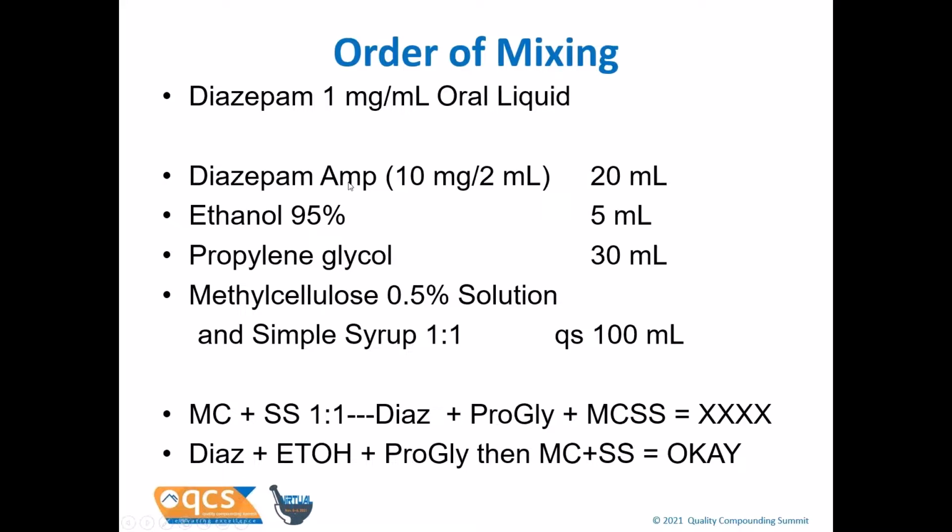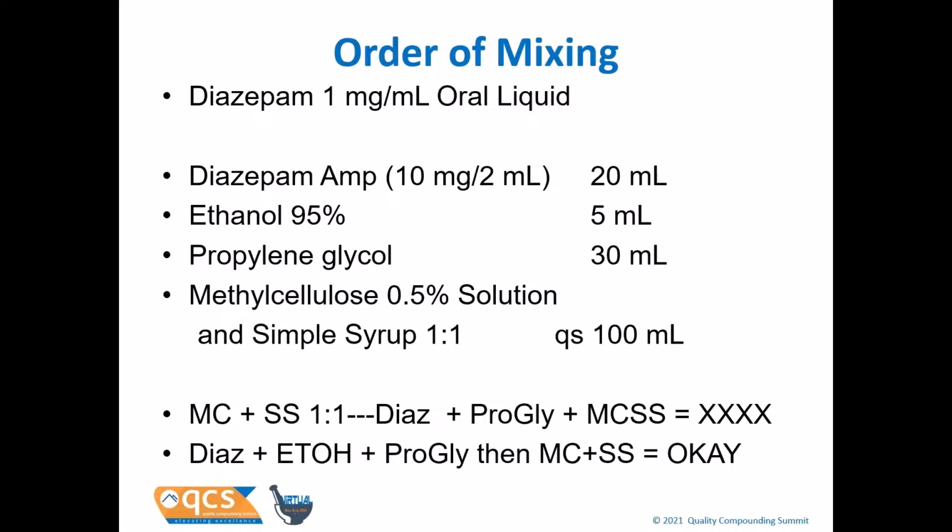Well, this is where it's important to know what you're working with. Diazepam injection consists of 40% propylene glycol because diazepam is not water soluble. So it's 40% propylene glycol and 10% ethanol. Now, looking at this, the vehicle has got propylene glycol added to it. So this is going to be soluble in the propylene glycol and the alcohol.